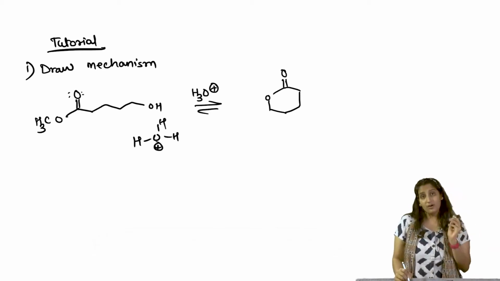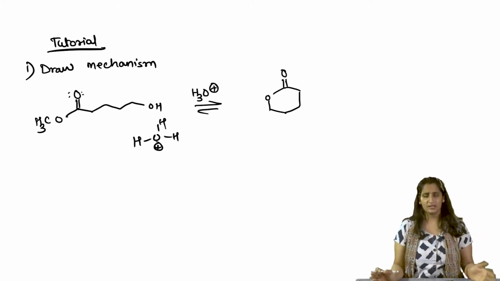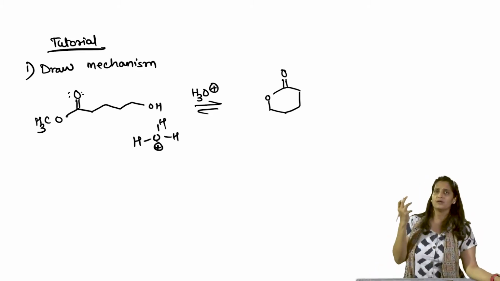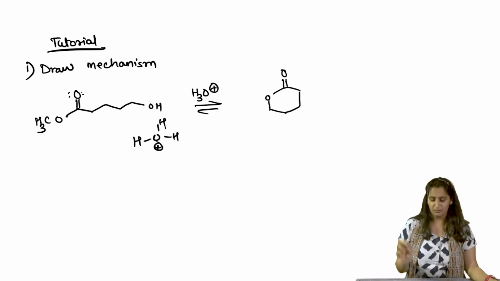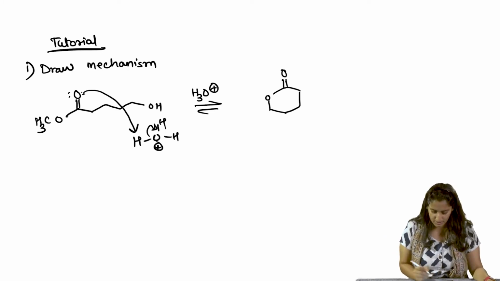Remember that all the other oxygens are going to get protonated and deprotonated too, depending on the pH of the medium and how acidic the medium is. Depending on that, you are going to have protonation and deprotonation happening in the reaction mixture. So, in the first step, we are going to protonate this, really creating